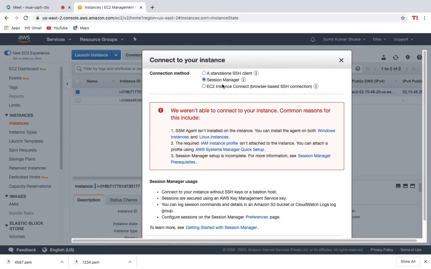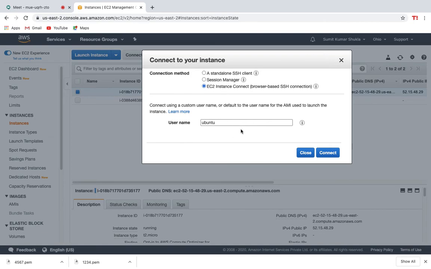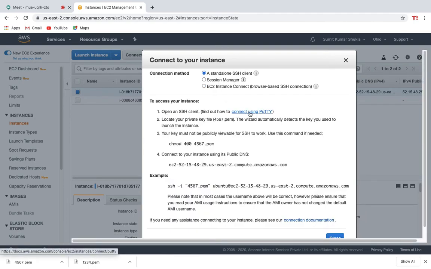Session manager, EC2 instance. So you connect using PuTTY once.